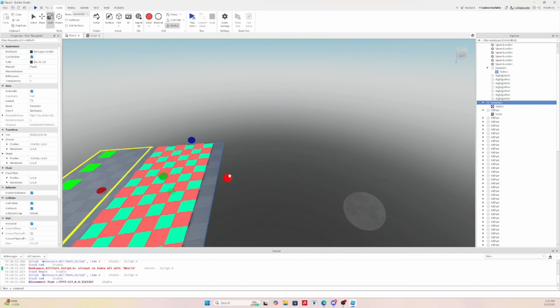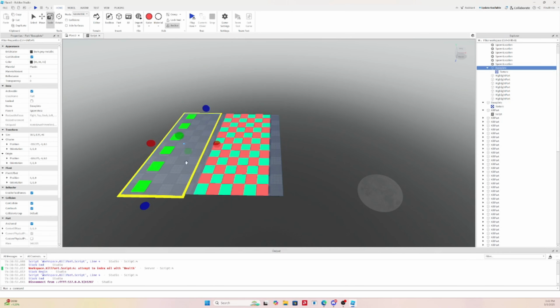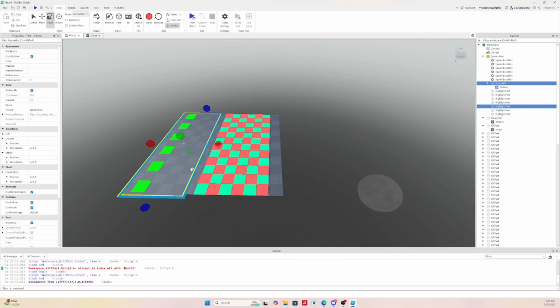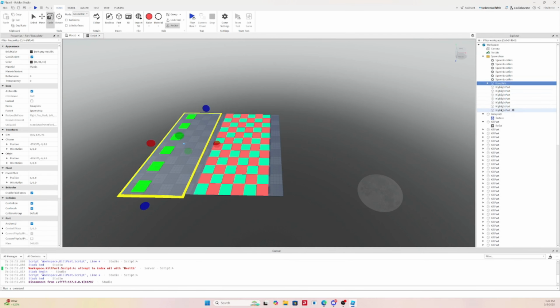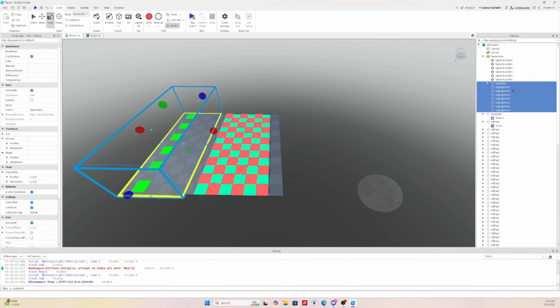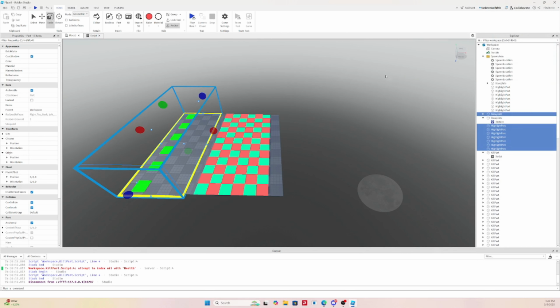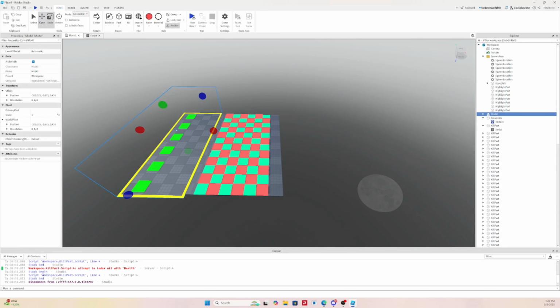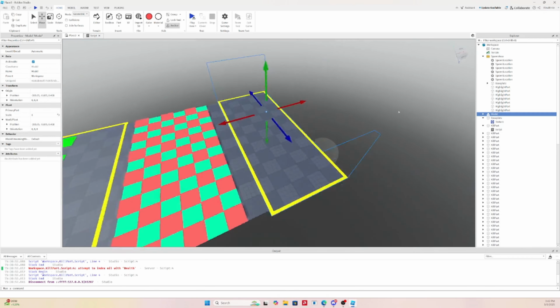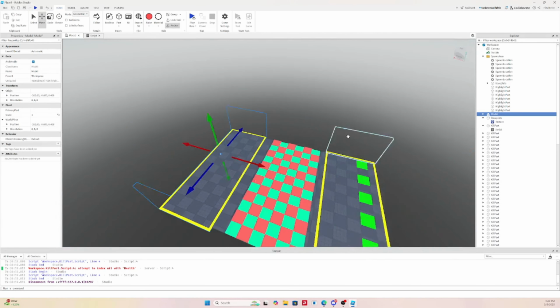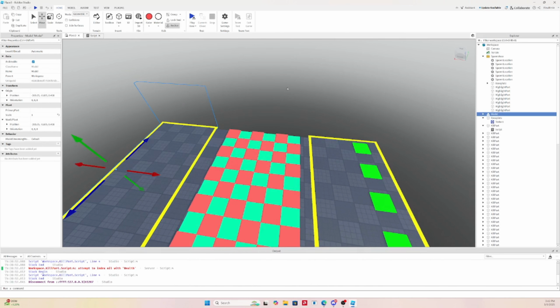Once we do that, we're going to copy this little checkpoint. Boom. All right, there we go. So we're going to duplicate all of that, bring it out here, group it, and then boom. So now we have that. This is our first level. As you see, we can actually make it